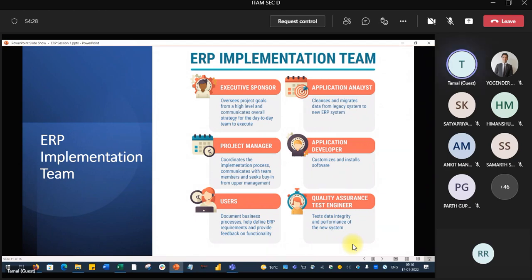So it would be very wrong to think that you cannot be a part of ERP projects because you do not know how to code. You don't need to code. The coding will be done by the people for coding. The rest of the part you can definitely be a part of. So these are basically a few team member roles in ERP implementations.